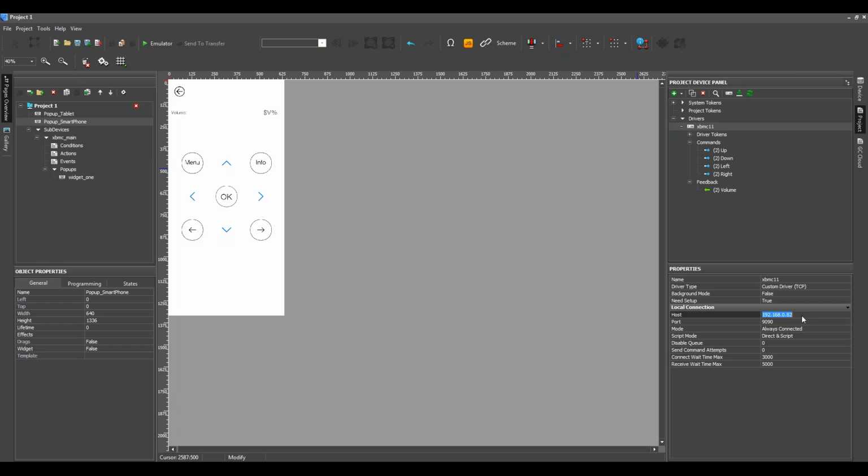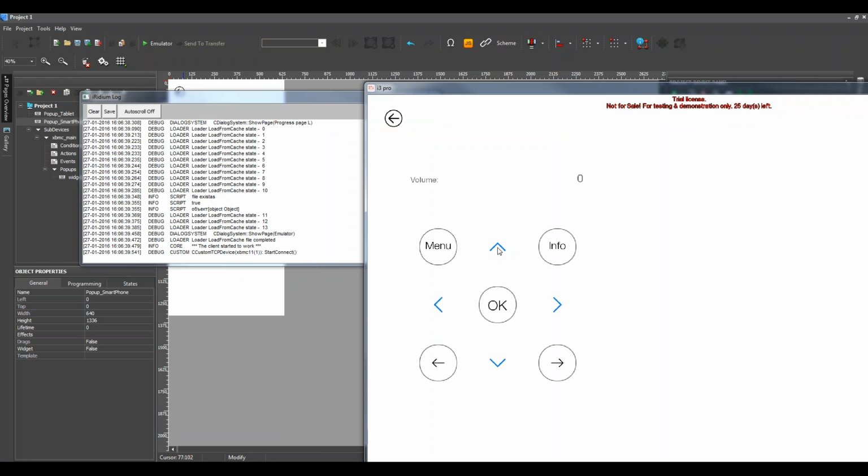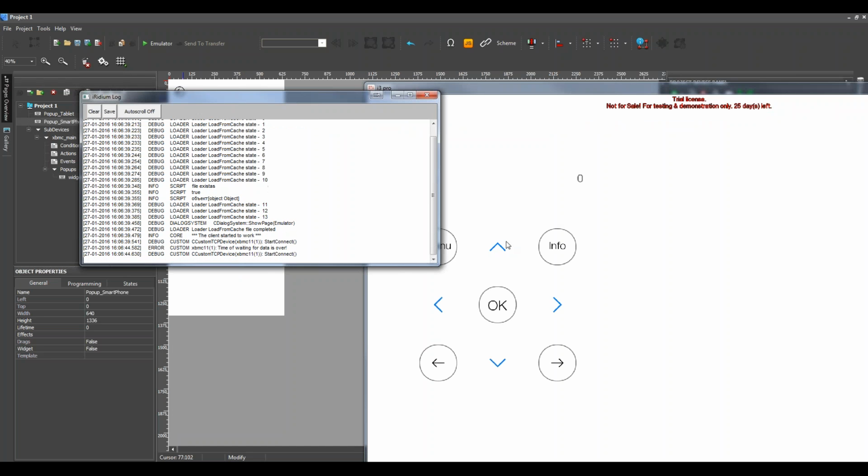Okay, the IP address is true. The port is true, but nothing works.